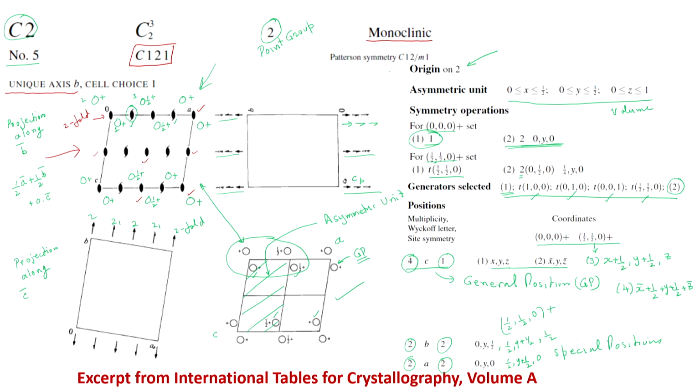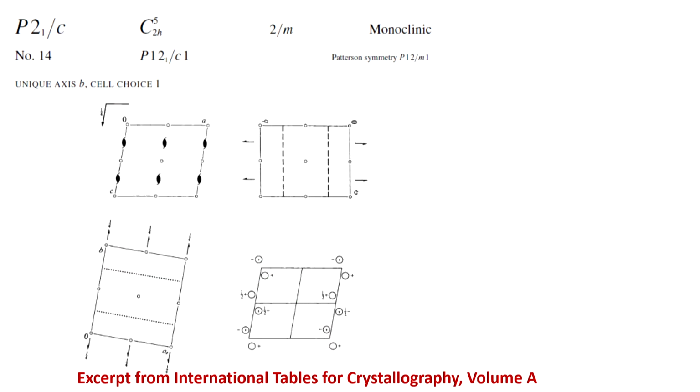So, you have only 3 Wyckoff positions for this particular space group. Now, this is again a space group that we have already seen, and this is an excerpt from the International Tables. So, essentially what we have done is take the primitive monoclinic and we have added a two-fold screw, and you have a glide plane where the glide direction is C. And if I look at this diagram again, the unique axis is B in this case, and the complete symbol is P 1 2 1 / c 1.